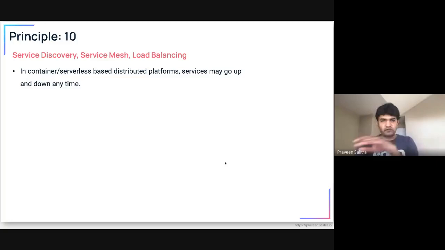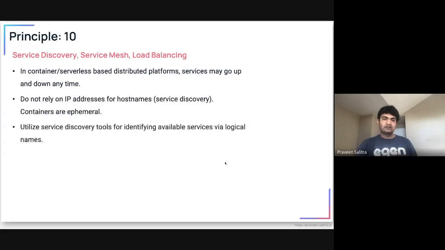Now, this principle is not applicable for your first ever app, unless you hit 10,000 or 100,000 users on the first or second day. The whole idea here is you have containers, you have functions, you are using Lambda or Fargate or Kubernetes, and these containers can go up and down at any point. That means you cannot rely on the exact IP and port of those services. So that's where the concept of service discovery comes into the picture. There are services and systems available outside that can detect all the containers which are available right now.